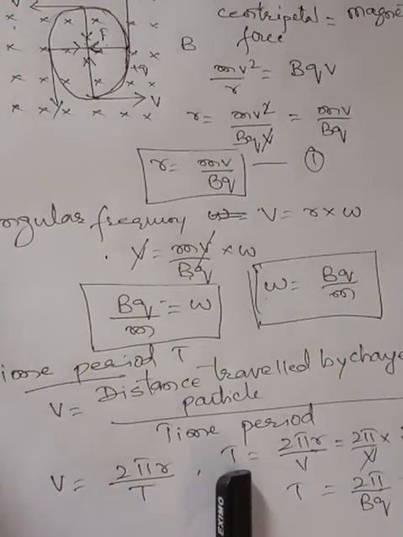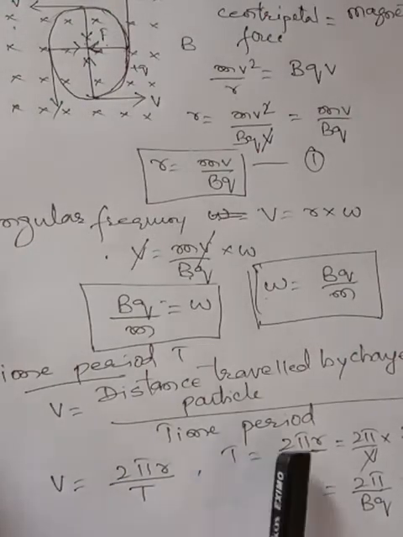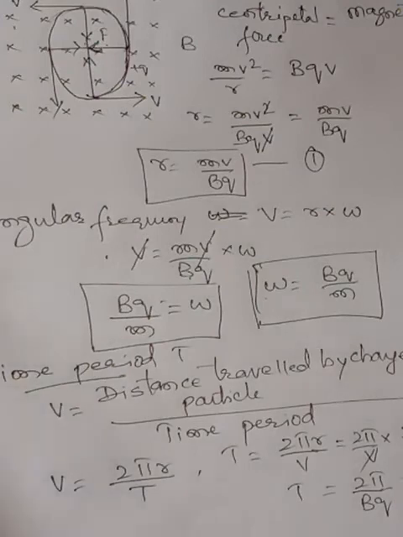So t we have to calculate, cross multiply. T is equal to 2 pi r upon v. So what is the value of r? In equation 1 we have already calculated the value of r. The value of r is given by mv by bq. R is equal to what? mv divided by bq. So substituting the value of r in this t, 2 pi r upon v,